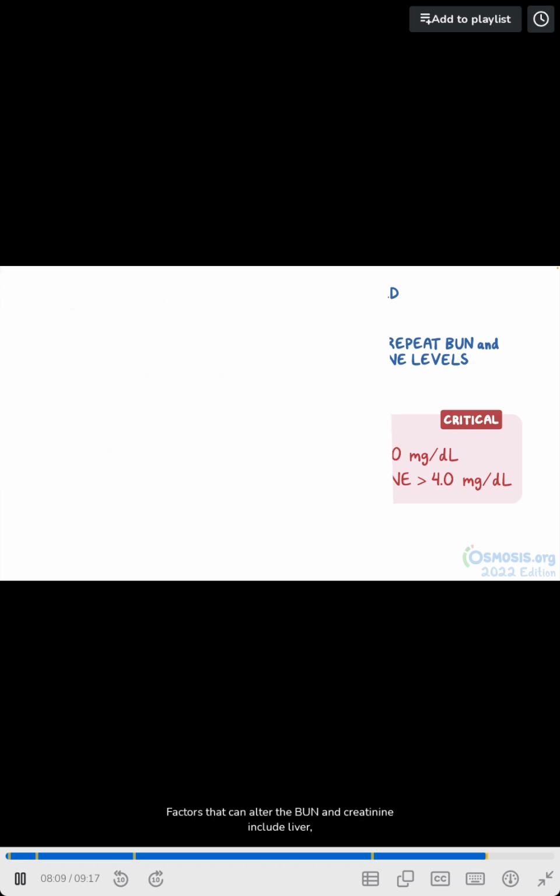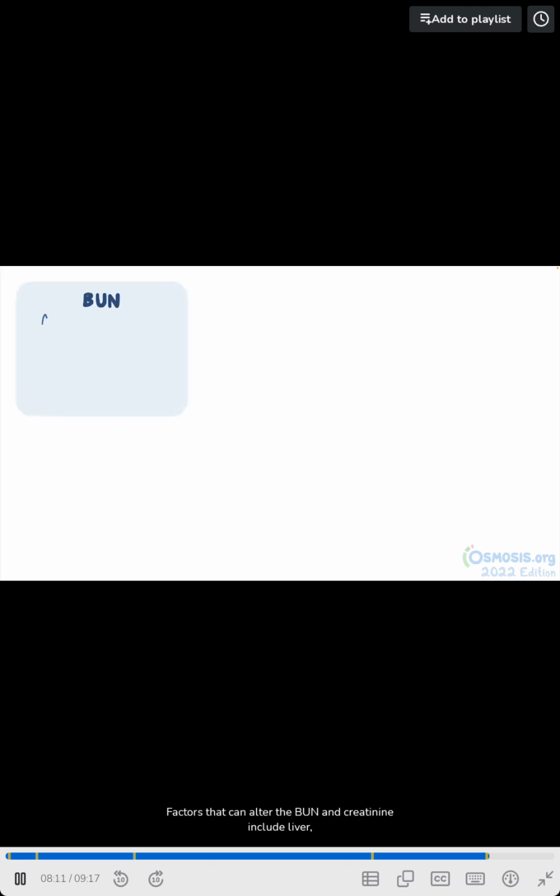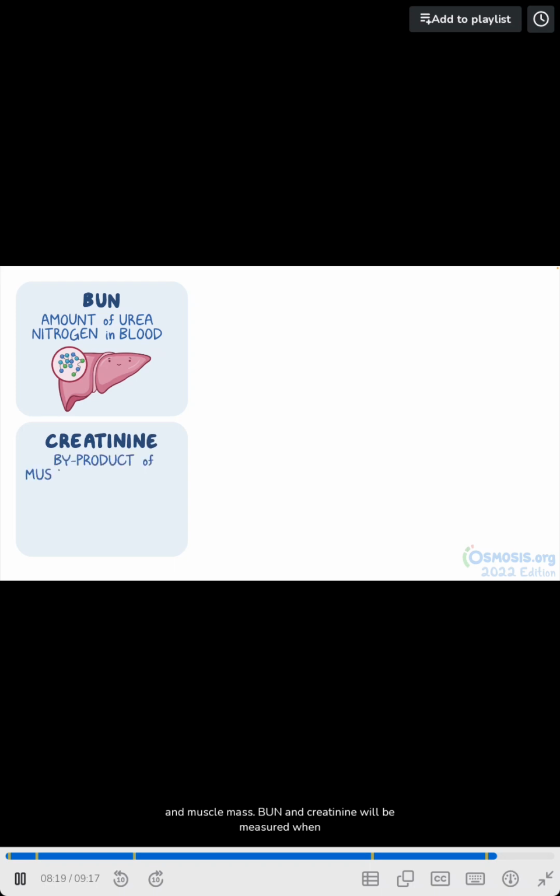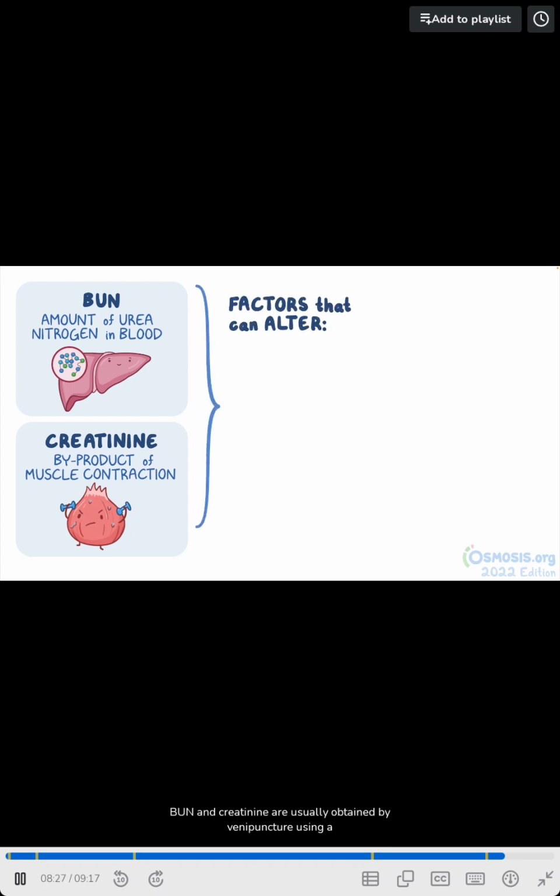All right, as a quick recap, BUN measures the amount of urea nitrogen in the blood, which is a product synthesized in the liver during protein metabolism. Creatinine is a byproduct of muscle contraction, and it's made at a relatively constant rate as part of regular everyday activity. Factors that can alter the BUN and creatinine include liver, renal, and urinary function, as well as